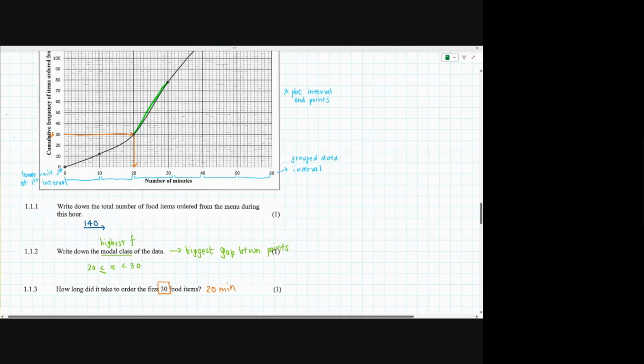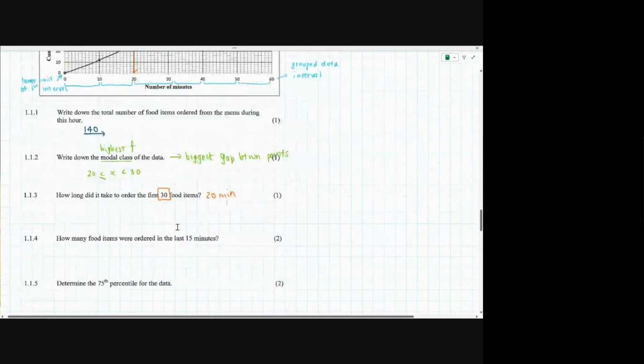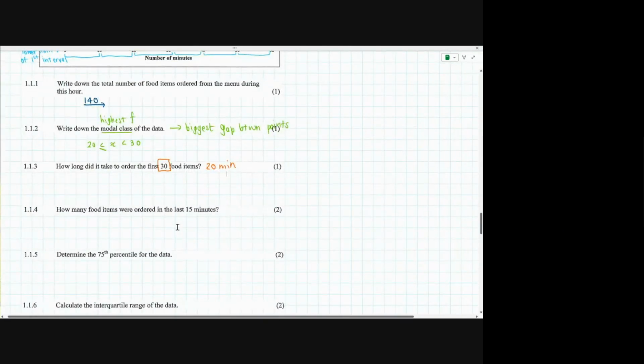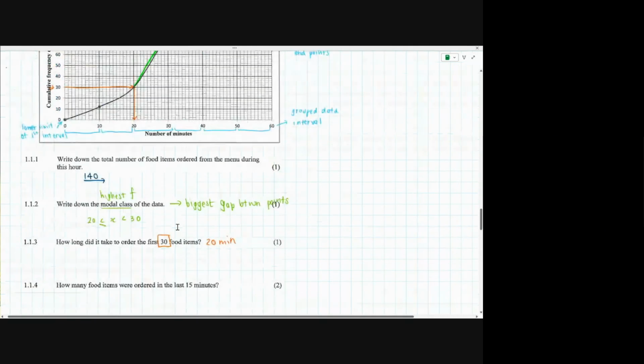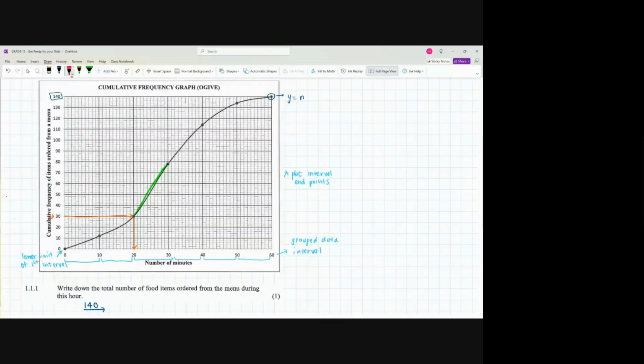Okay, so what you're going to see is that the next 3 questions is all your ability to read information and use your OJIVE graph. Right, 1.4 says, how many food items were ordered in the last 15 minutes? We love asking questions like this because we often